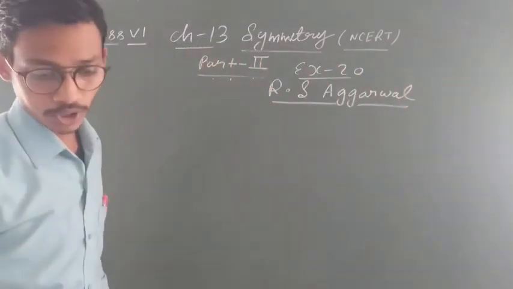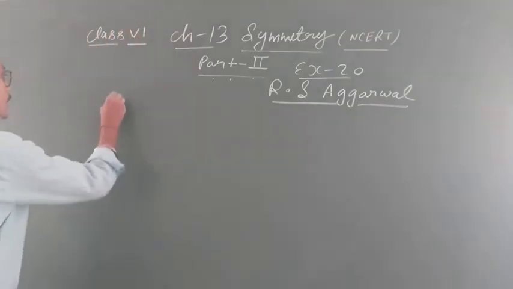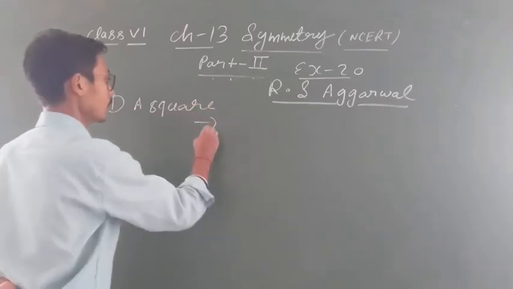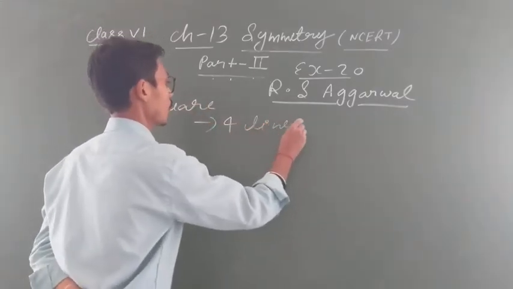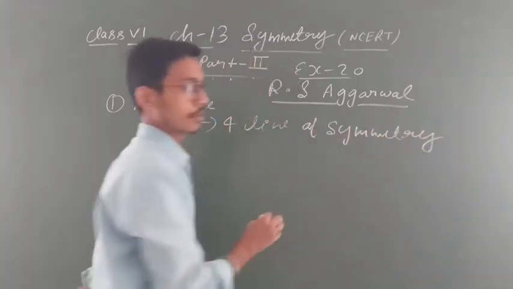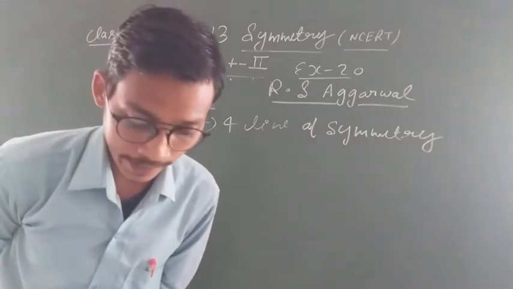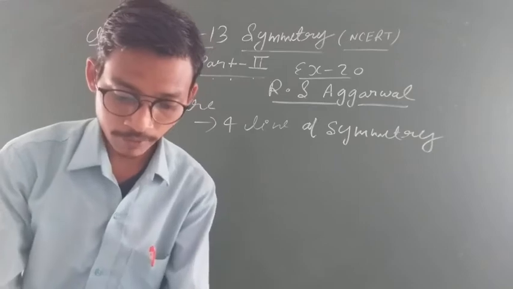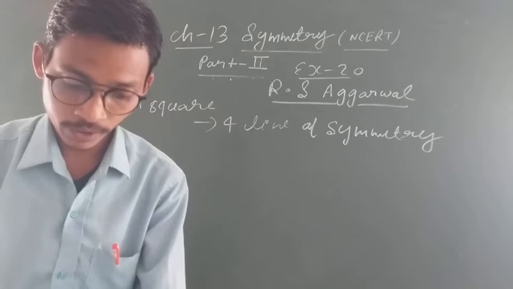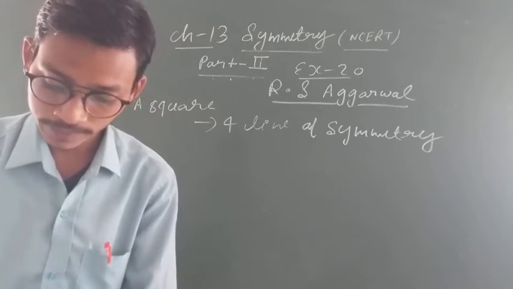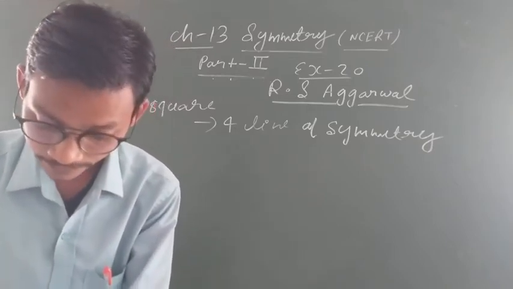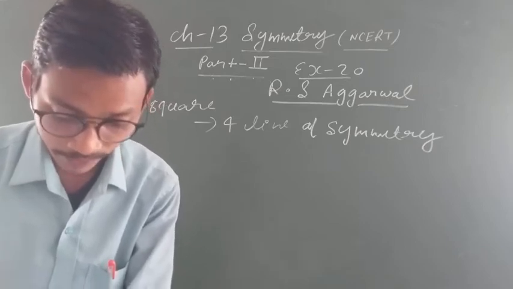What is given? First question, a square. अब देखिए, a square is given and you have to find which option is correct. तो square, you know that I explained 4 lines of symmetry and I explained how, student, now you know very well. So many times I have drawn it. Next is given a rectangle. A rectangle is, अब देखो, you have to find out what a rectangle is symmetrical about. ठीक है ना? So you know that a rectangle is symmetrical about its what? Its side. ठीक है ना? नहीं, a rectangle is symmetrical about a line joining the midpoints of its opposite sides.